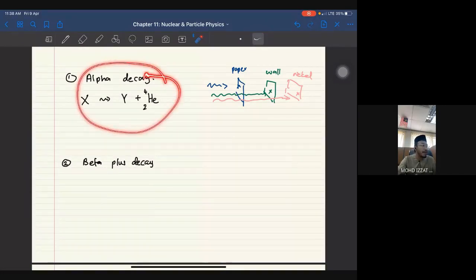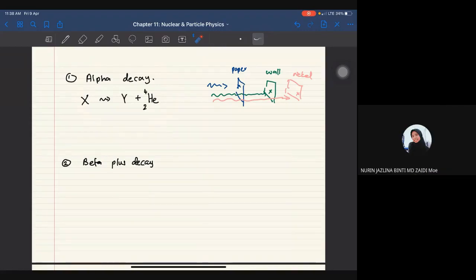Kamu nampak apa sekarang? Dia keluar pun. Sekarang nampak tak equation saya ada X dengan Y tu? Can you see that? Okay, nampak sir. Okay, so